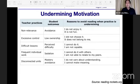O pinilit lang naman ako ni mama na basahin yan. No? We can relate that one even in choosing courses. Yung bata ayaw mag-concentrate sa kanyang kurso kasi hindi niya choice yun. Okay? It's the same with reading. We could not force the child to read that one if ayaw niya. We have to give the chance to our students or our children the chance to choose what they want to